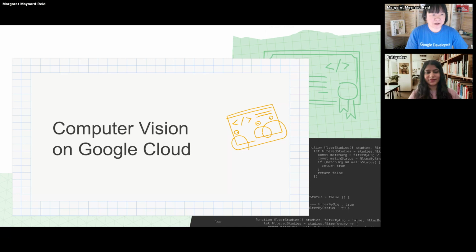So yeah, computer vision on Google Cloud. I am very excited about the topic, by the way, computer vision. I know today you hear a lot about large language models and generative AI. For me, I have always been excited about computer vision. I'm still excited about computer vision. And for me, generative AI, the very important part is what gets generated.